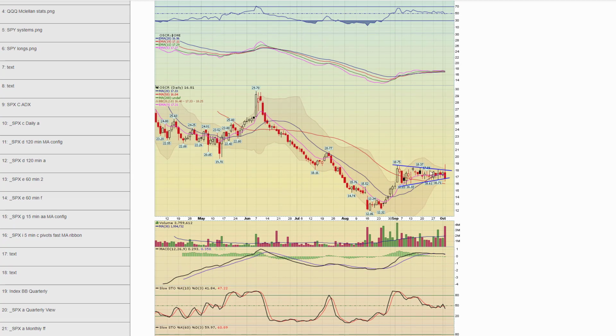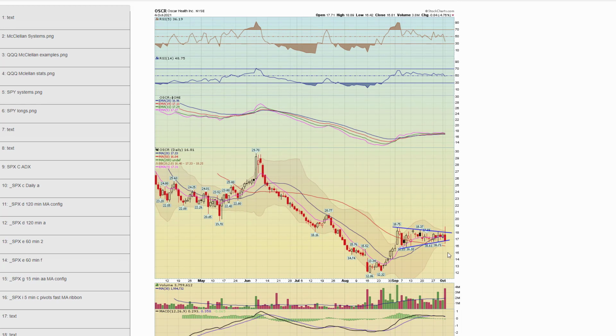Next, Chart 77, OSCR. It's been a coil on the list for a while. It was up initially today, but gave it back. Kind of an ugly candle here. Again, that happens, guys, especially in this type of market. So this is one you may have bought today and then stopped out of. That's what happened with me.